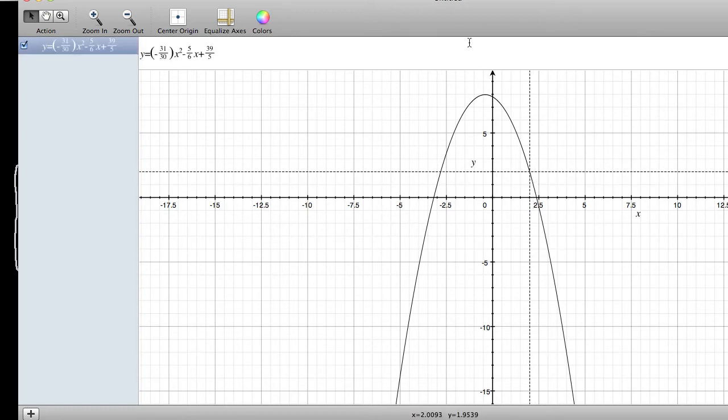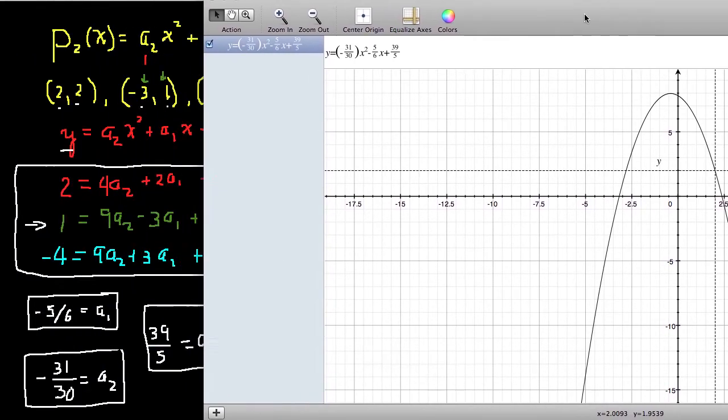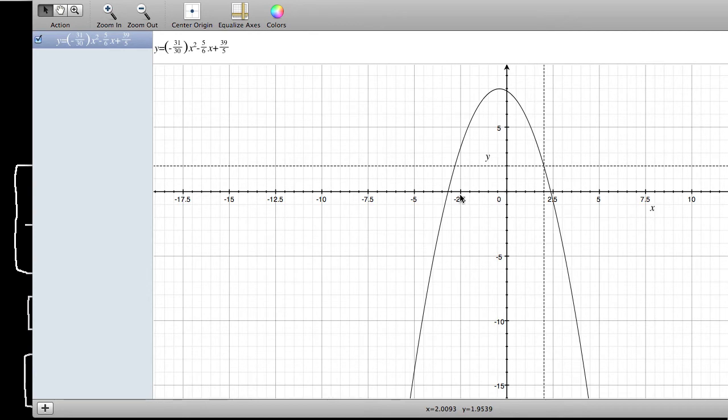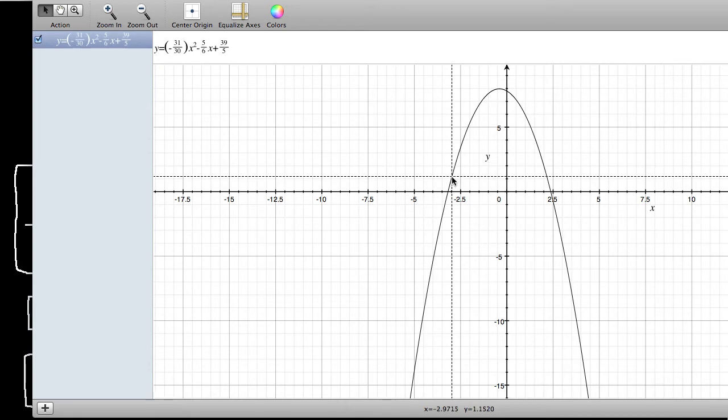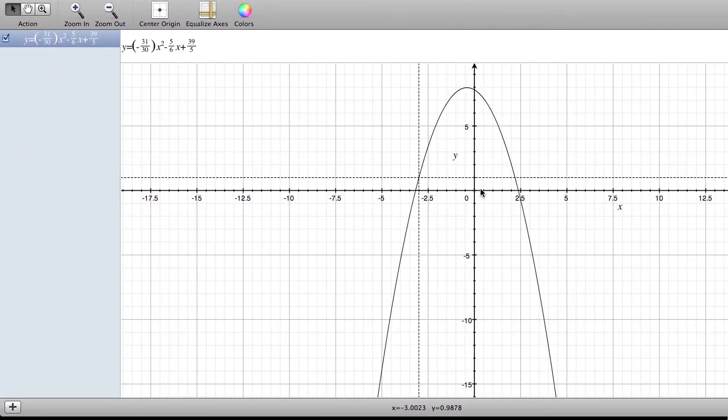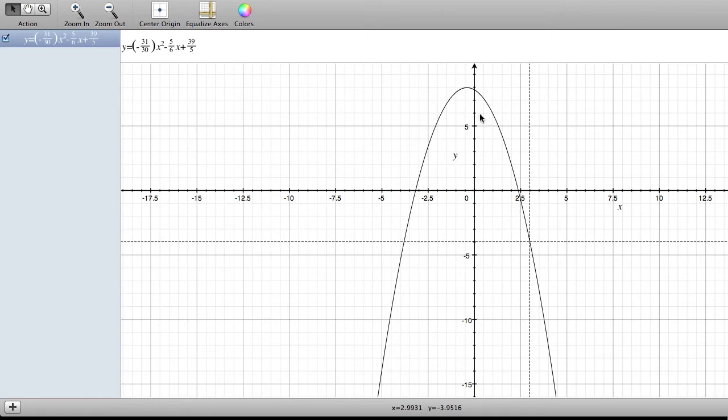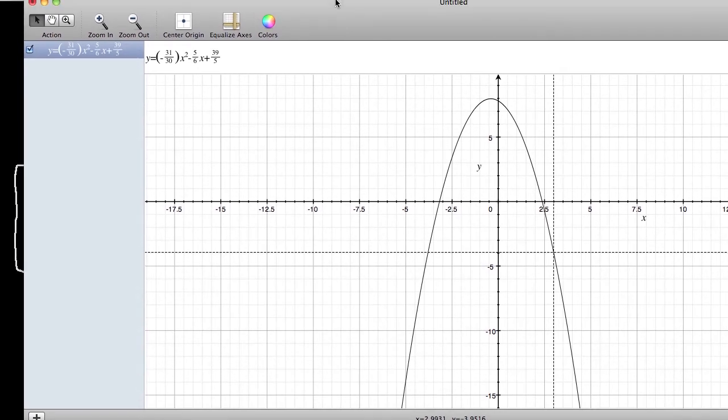Goes through that point. Does it go through the point -3, 1? This is -2.5, -3, 1. That would be this point right here. So yes, it goes through -3, 1 right there. And does it go through the point 3, -4? So 2.5, this would be 3, -4. So it goes through that point right there. So yes, it appears that no errors were made in the calculation, and that parabola goes through all 3